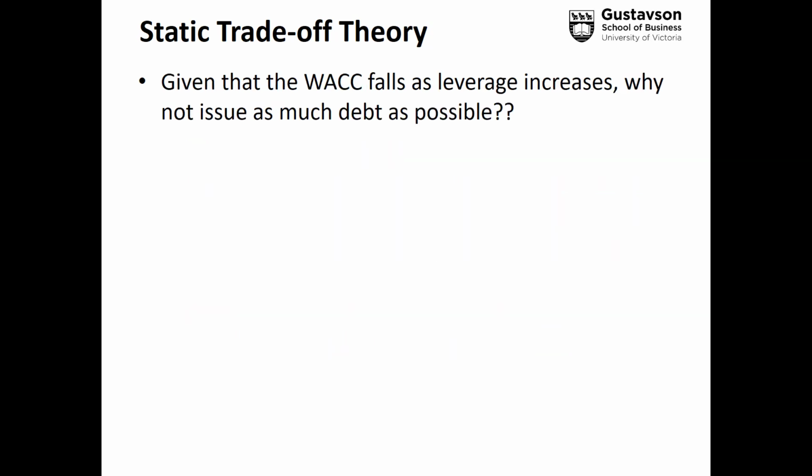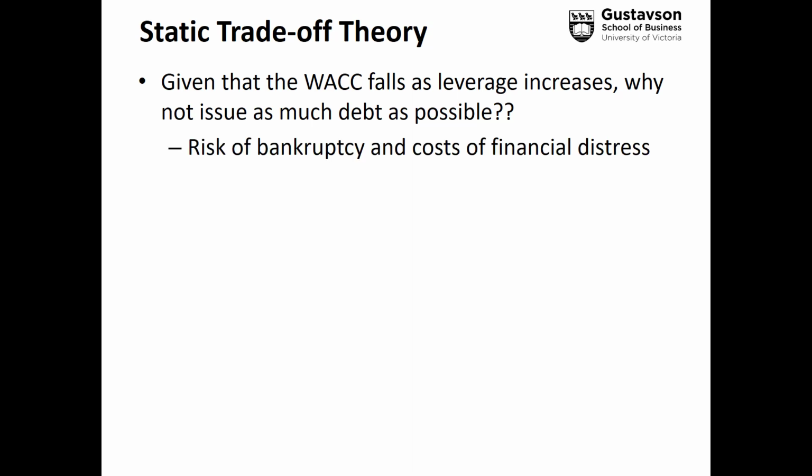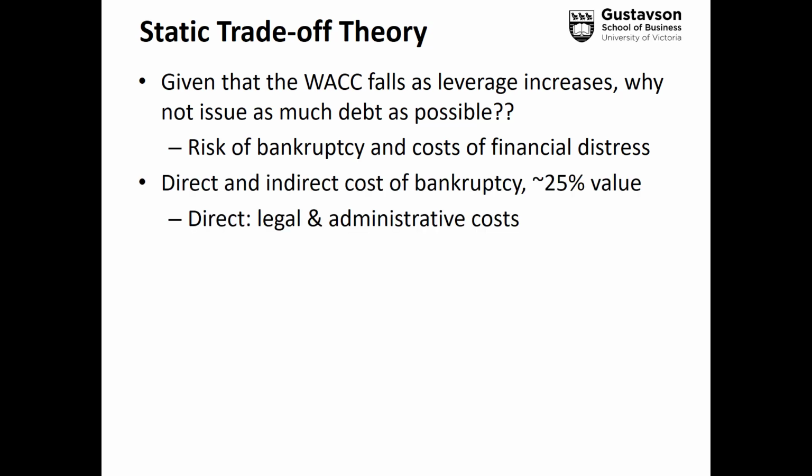Given that the WACC falls as leverage increases, why should a firm not issue as much debt as possible, as we saw in the diagram earlier? Well, the answer is that the diagram does not include the risks of bankruptcy and the cost of financial distress. You may recall that Modigliani and Miller said that there was no cost of financial distress in their model. Researchers find that the direct and indirect costs are as high as 25% of the value of a firm, where